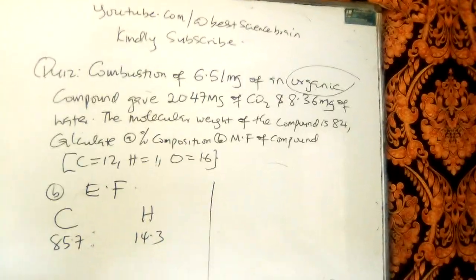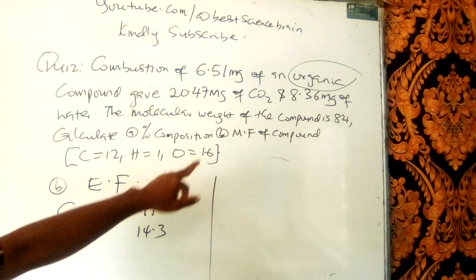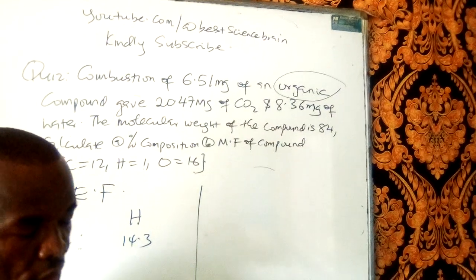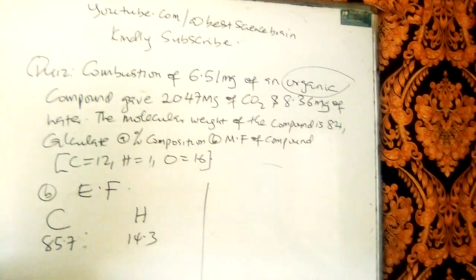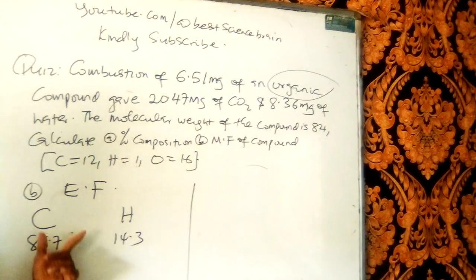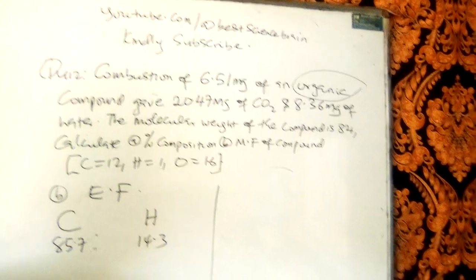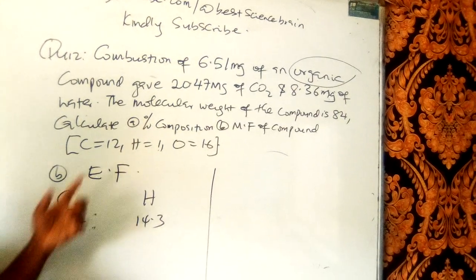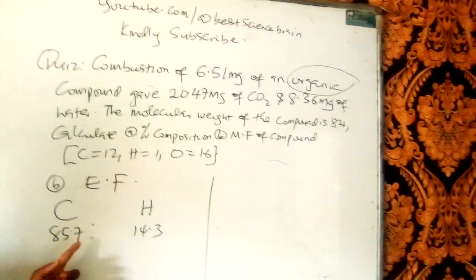Okay, we're going to question B, which says find the molecular formula of the compound. But before we go to molecular formula, we'll first of all find the empirical formula. Before you move to molecular formula, you must know the empirical. So to find the empirical formula, we'll have to use the percentages that we obtained from question A, carbon 85.7,